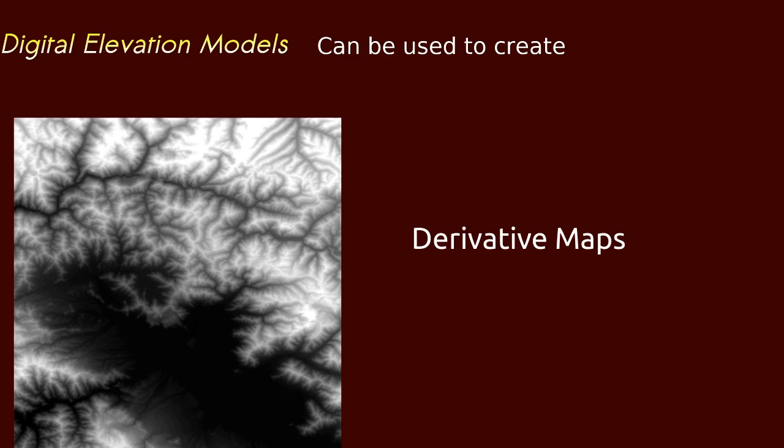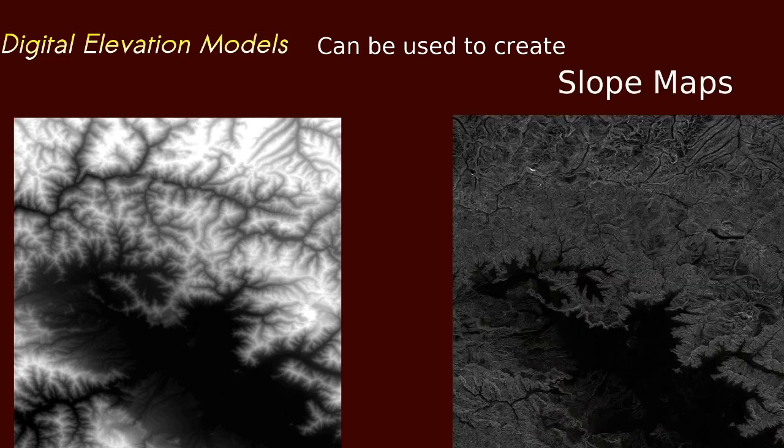There are many derivative maps which can be produced from DEMs using fairly simple GIS operations. What we are going to do is to create some derivative maps from these DEMs. For example, a slope map. I need not emphasize the importance of slope in agricultural activities of mankind. A slope describes the gradient or the steepness of the surface, measured in degrees or in percentage. The slope is an important criterion in controlling the local climate of the area.